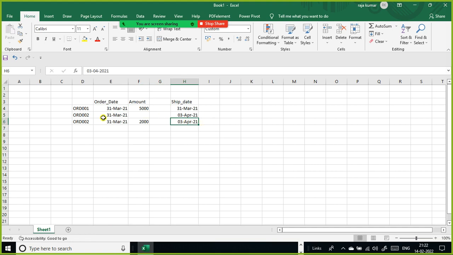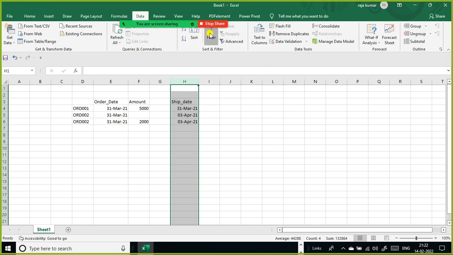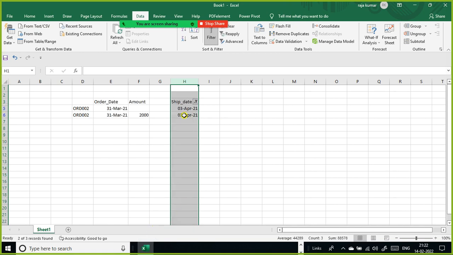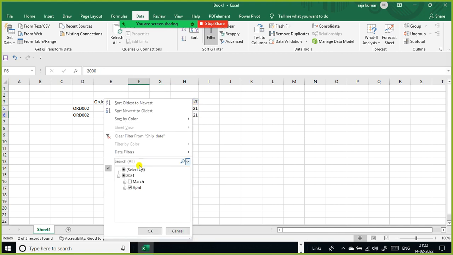So it will not be on the same date on the day when they order it. But if you do this one, let's see what happens here. If you do it based on the filter, or let's say you just select only the April sales amount, it is 2000. I just clear the filter here.